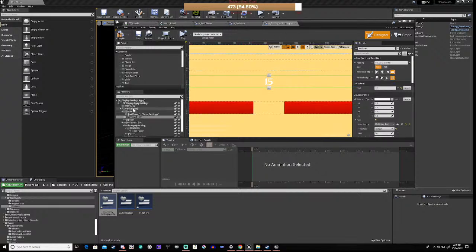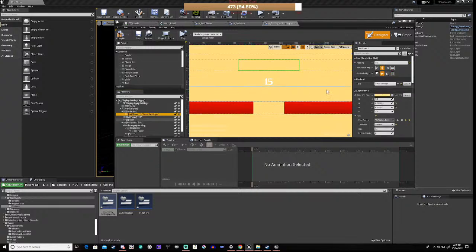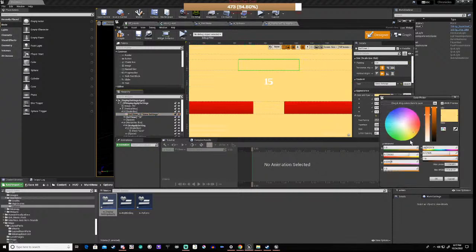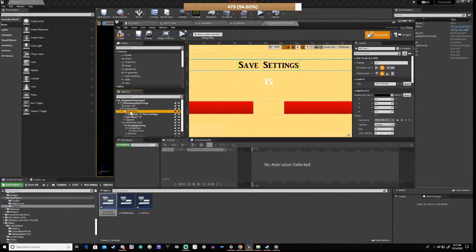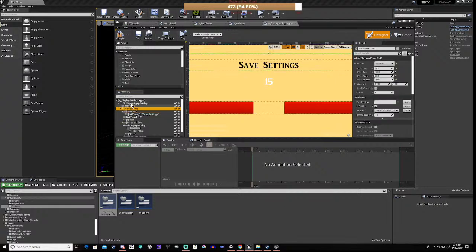And then gradually what we'll do is okay that, and we've got this box. It's actually this image here. Problem with this image is it's actually an image, right? But what it is actually just like a border,